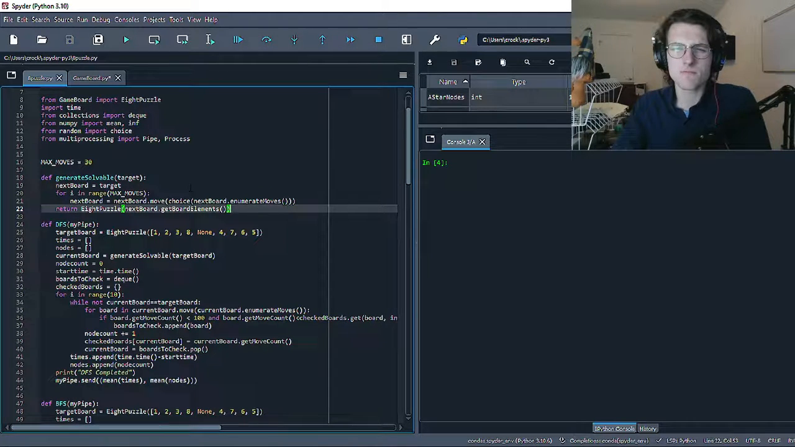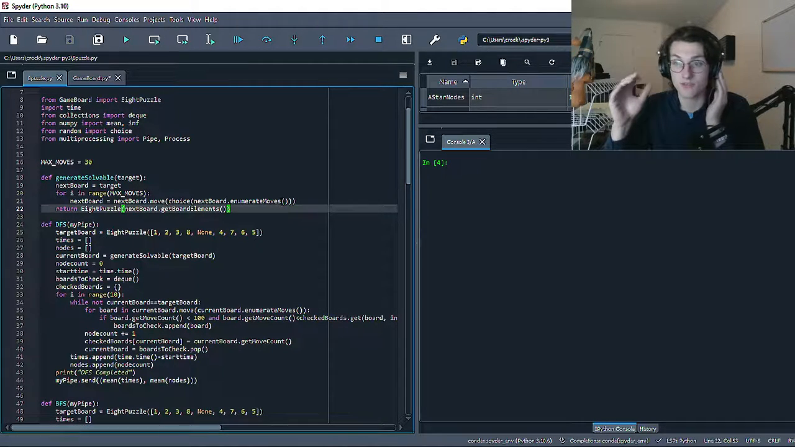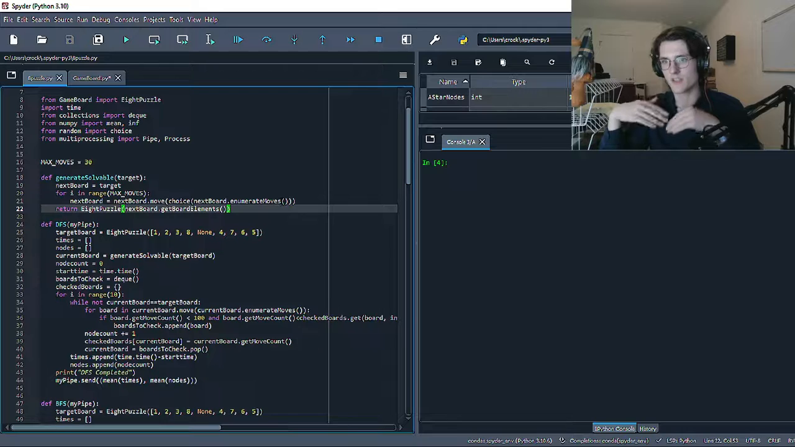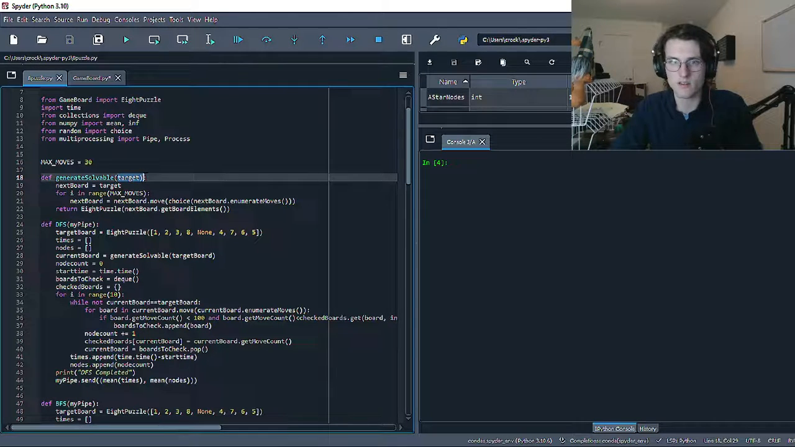But that didn't really work. I'm not exactly sure why. It may have actually worked, it's just that some of the boards were really, really hard and still took a really long time. What turned out to be much more reliable, from a standpoint of getting the program to run and finish in a timely manner, is this generate solvable. I can pass in what I want the target solution to be, and this will generate a board that's guaranteed to have a relatively simple solution